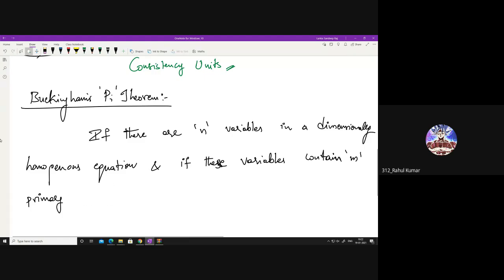You can call it a variable also, but dimension would be more appropriate. M primary dimensions, then